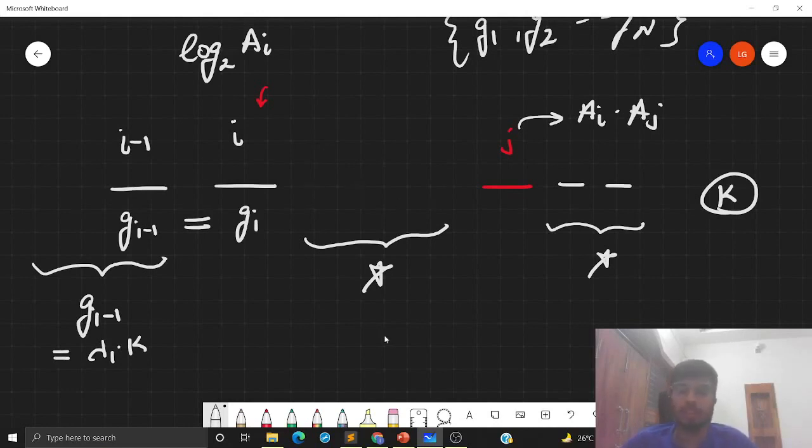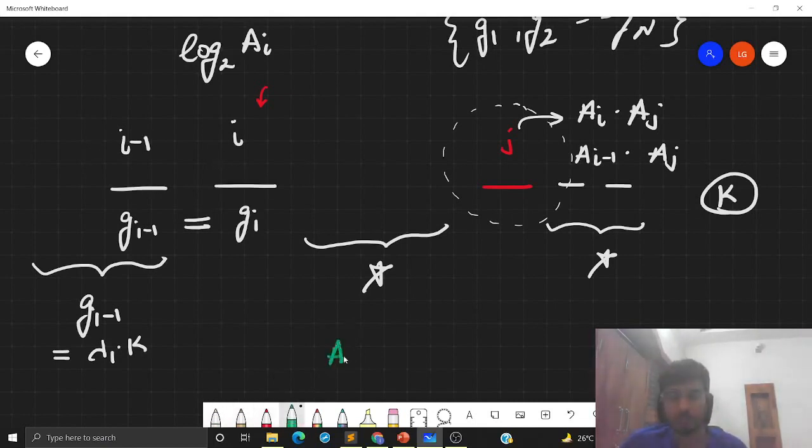Now suppose instead of modifying this value as ai times aj, I modify it as a(i minus 1) times aj. That is, I'm choosing indices i minus 1 and j. I claim that I can still get k as my answer. How? Note that all the values except this j are for sure already multiples of k. Now note that because g(i minus 1) is a multiple of k, a(i minus 1) is also a multiple of k.